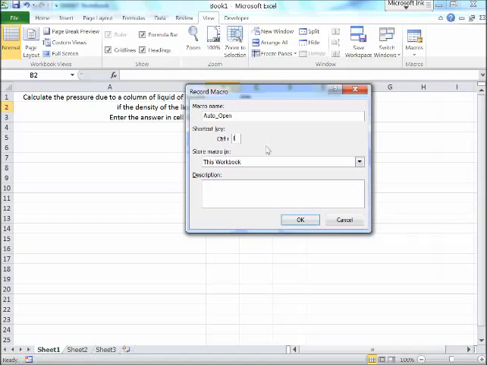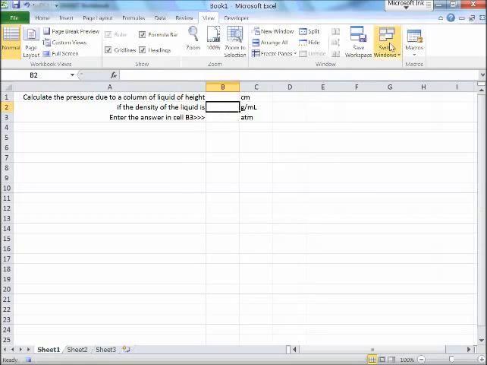I'm just going to say I want this to be accessible if I press Control I. I'm using I because I want that to remind myself that by pressing this, I'm going to initialize the macro, initialize the variables in the program. Okay? I want to define the initial values of things that I'm going to be using in my program. So I'm going to click OK, and now I'm going to go stop the macro and then view the macro,